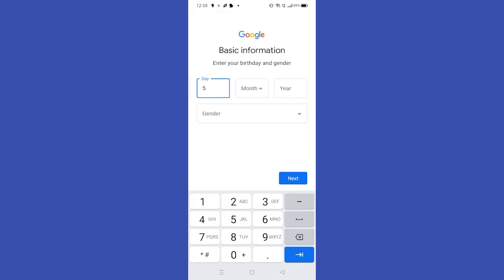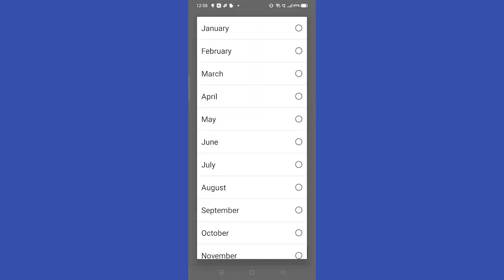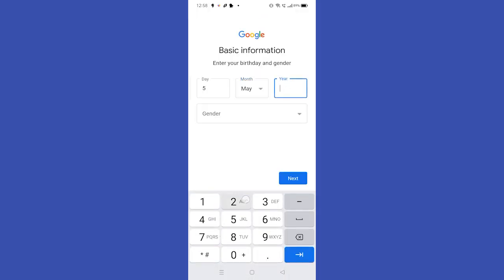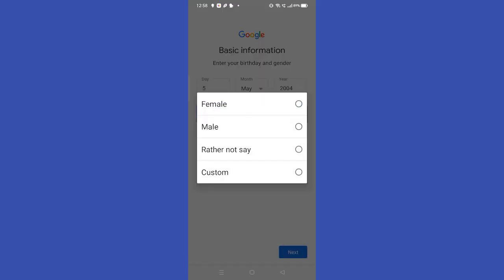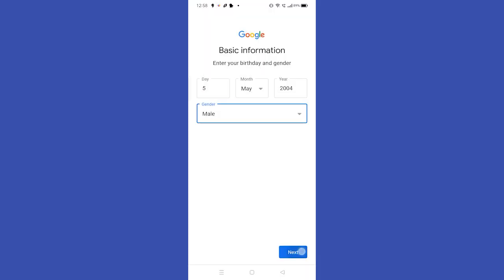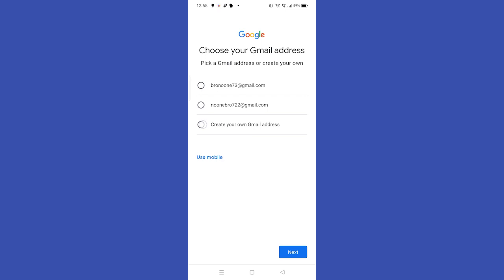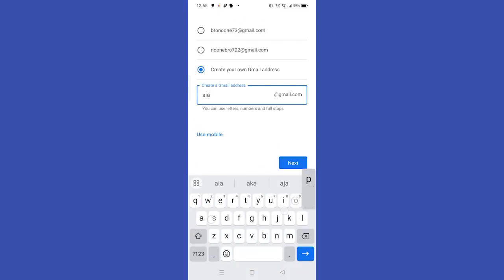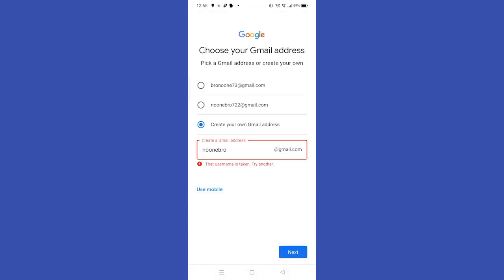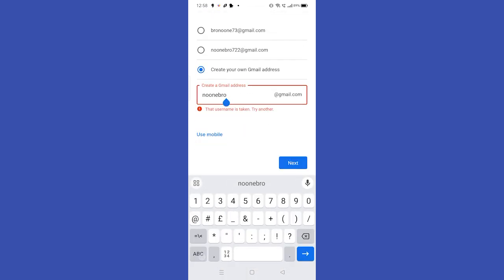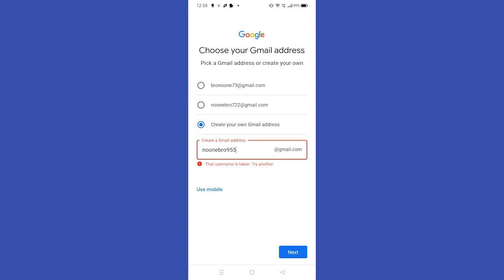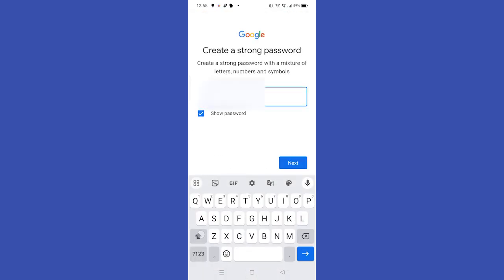Type in your date of birth and your gender. Select your date of birth from a calendar and choose your gender and click on next, and it will show these results. You can choose any one of these or type in or create your own Gmail address. So we can type in no1pro and @gmail.com. So you'll have to use a distinct email. Just type in and click on next and create a strong password for your email,